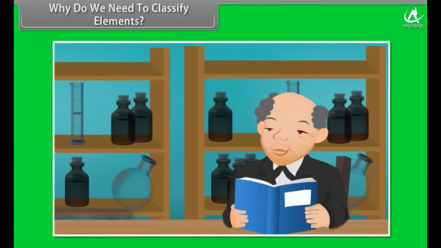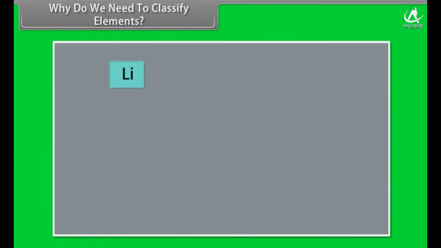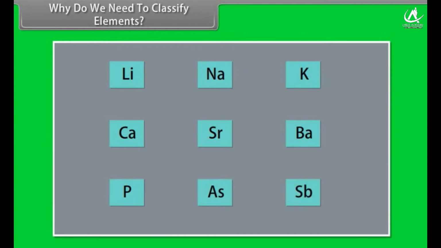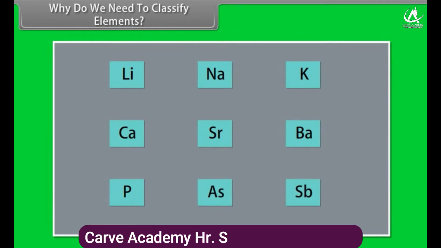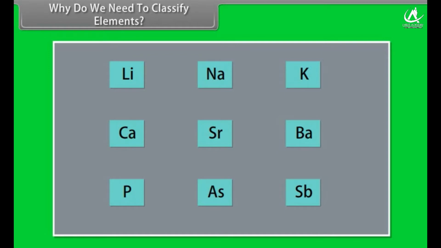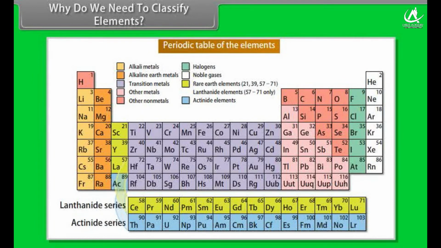Why do we need to classify elements? Before the beginning of the 18th century, few elements were known. As time passed, a large number of elements became known, and today we know 114 elements, and it becomes quite essential to classify them. The classification of elements led to the formation of the periodic table. Thus, the periodic table may be defined as the table giving the arrangement of all the known elements according to their properties, so that similar elements fall within the same vertical column and dissimilar elements are separated.